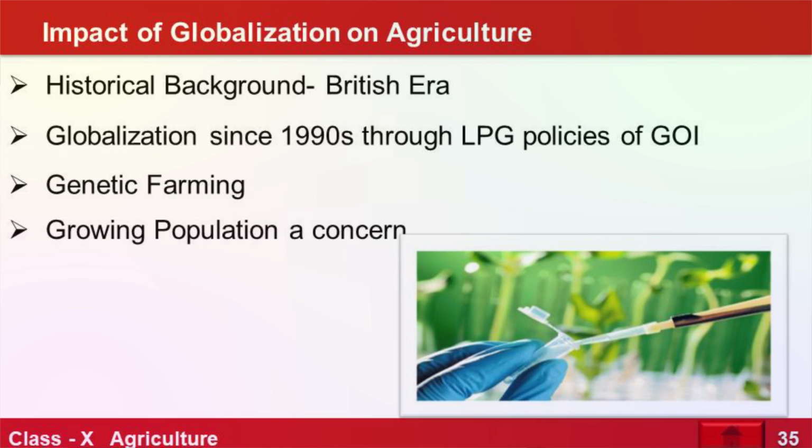Now let us talk about globalization of today. After 1990s, as I have mentioned in that chapter also, Indian government has brought LPG policies where we have opened our market. Some of the challenges were seen after this, that our farmers were getting competition from international players, and they have to compete with high quality of products, so they need more money support from the government. So yes, globalization has impacted them a little, but on the other hand, they have started adopting new techniques, new ways of growing crops.